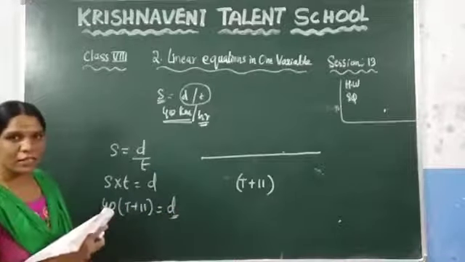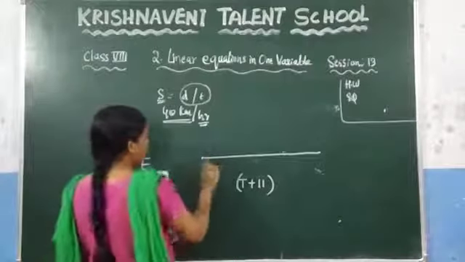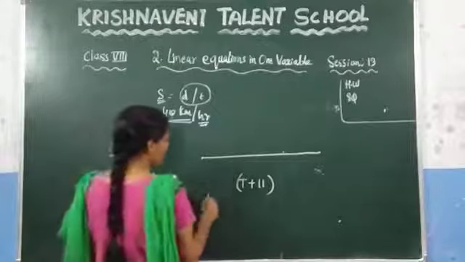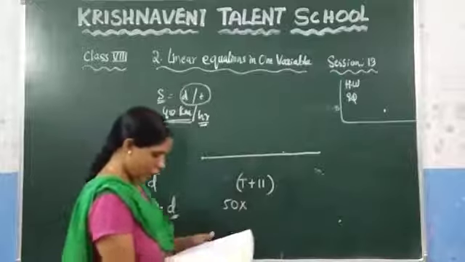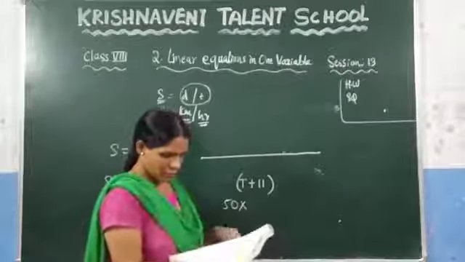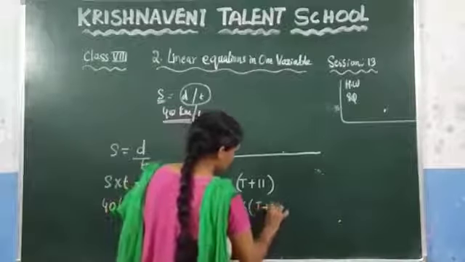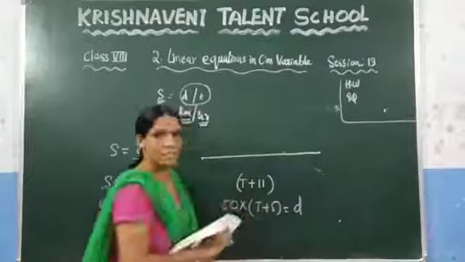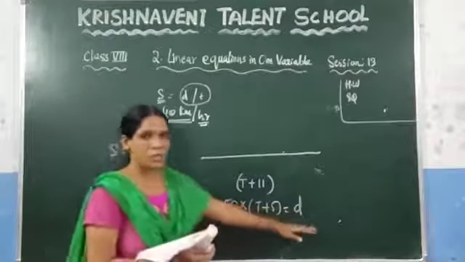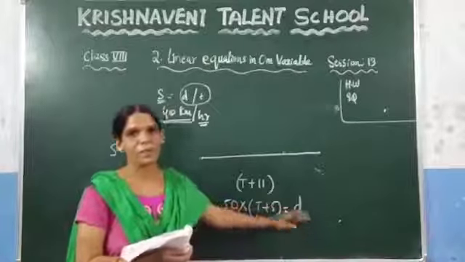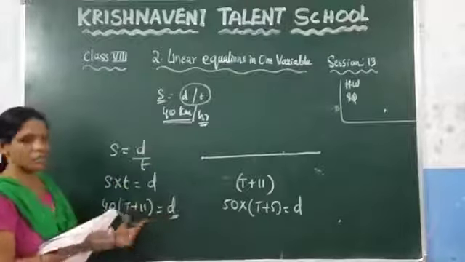Again, the same train, if it is traveling at a speed of 50 kilometers per hour, is late by 5 minutes. So the actual time is t plus 5, and this will be the actual distance. If you take the speed as 50 kilometers per hour, this is the actual distance the train has to travel, and if the speed is 40 kilometers per hour, this is the actual distance the train has to travel.